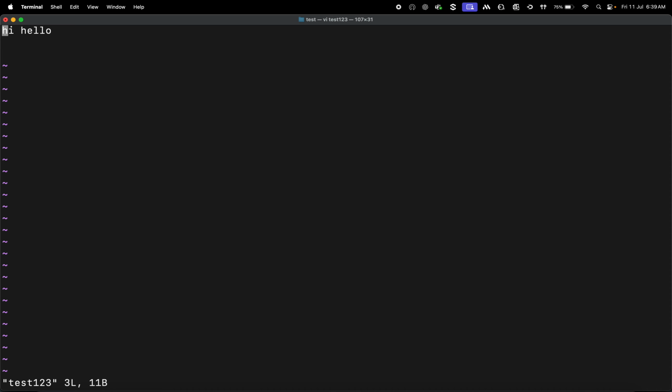So the file is open, correct? This is what the data is, including the blank space. Now we'll edit it. Let's see. I'm typing something, but it's not displaying at all. What's happening here is, this VI editor has